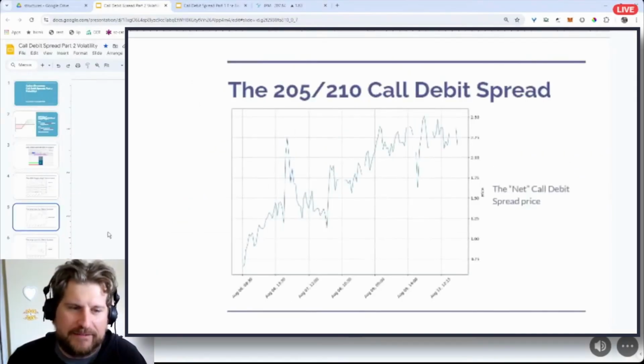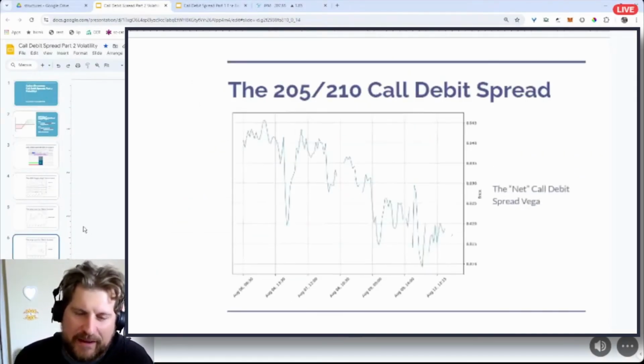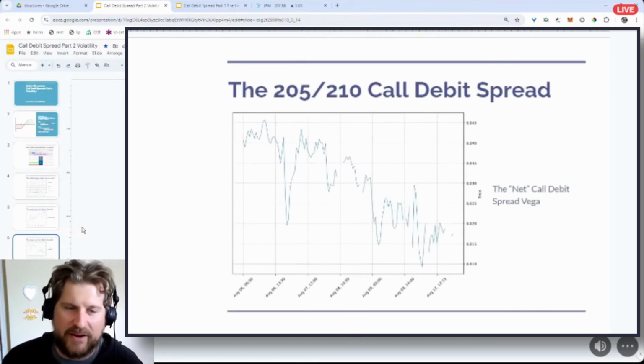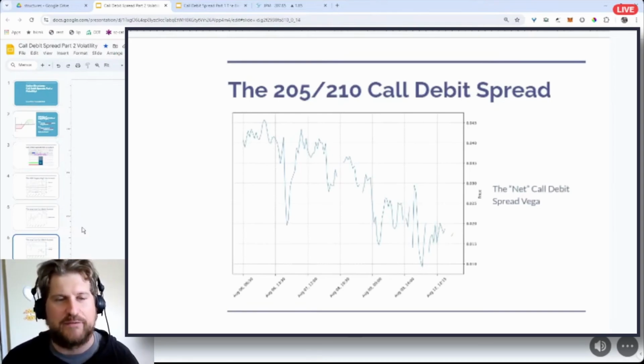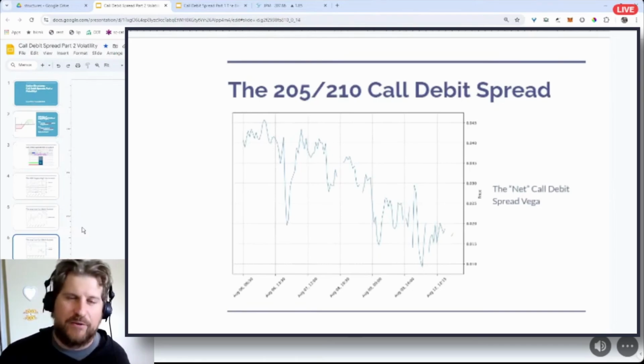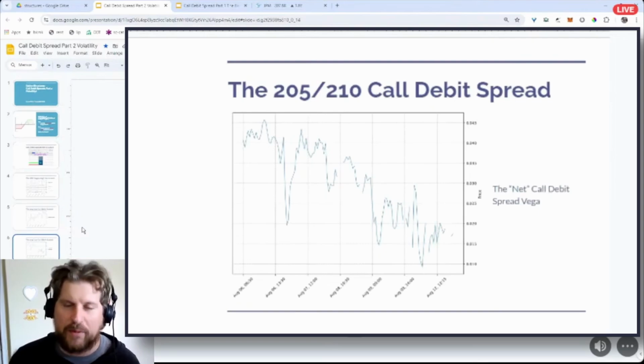To put a finer point on it, if you're thinking about a call, especially an out of the money call for a shorter term trade idea, and especially if you do not have a view on implied volatility, if you're not sure or you don't have a prediction, then it's probably worth considering a call debit spread as compared to an outright